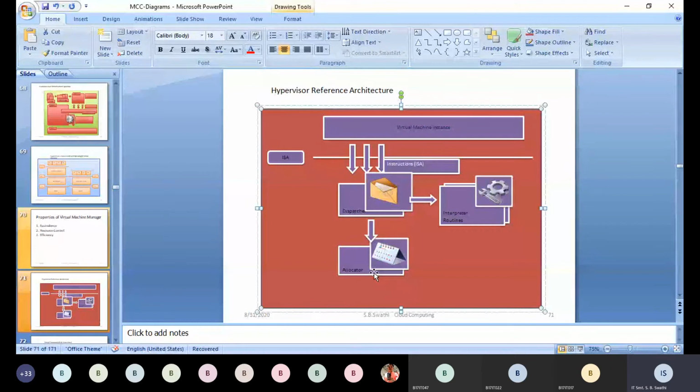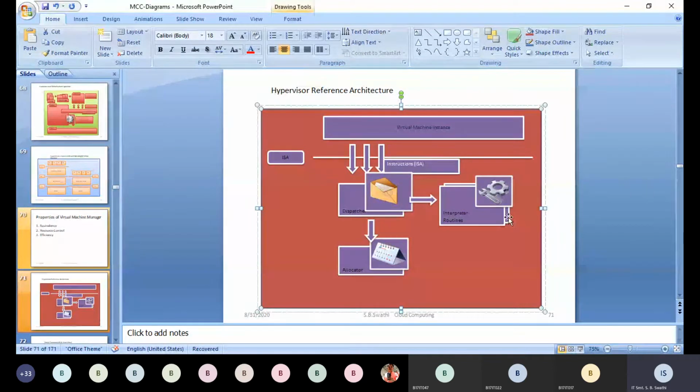They are going to be returned back from the allocator to the dispatcher, and in order to execute the commands, those received at the dispatcher will be interpreted by the interpreter routines. Now what are these interpreter routines? They have all the privilege instructions.